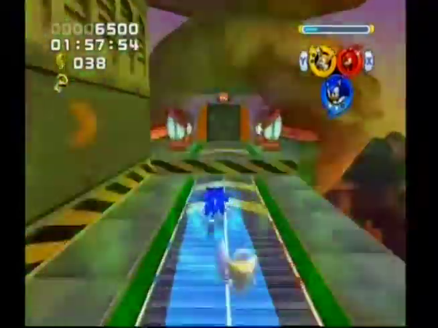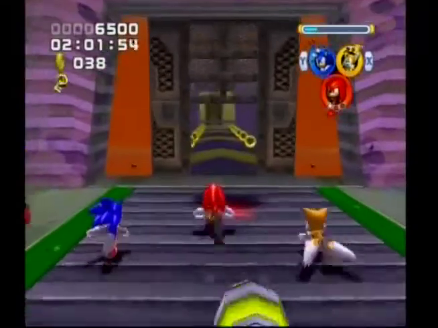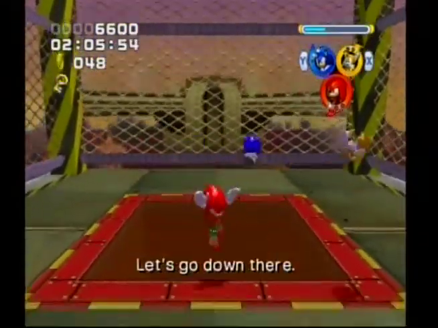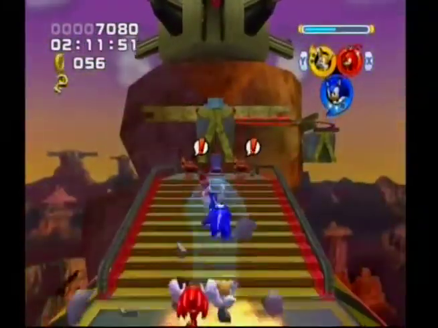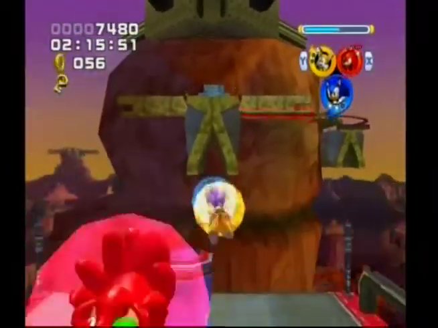Kinda say, for this supposed to be Eggman's base, this is kinda tame out of all of the bases he's had in the series. Like, he's had one in space, he's had one, I think he had one underwater once, and...